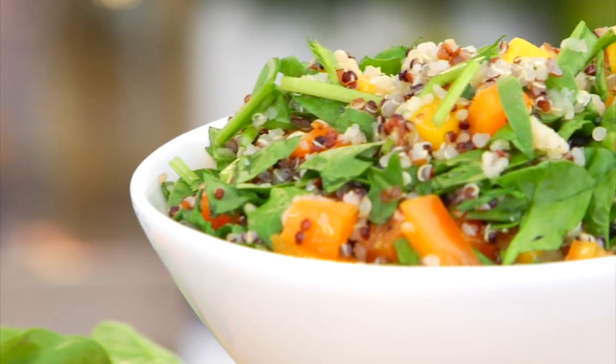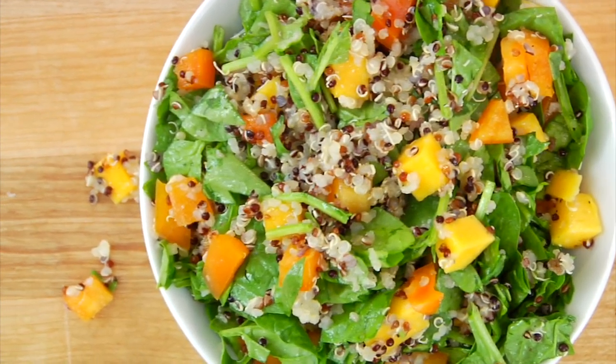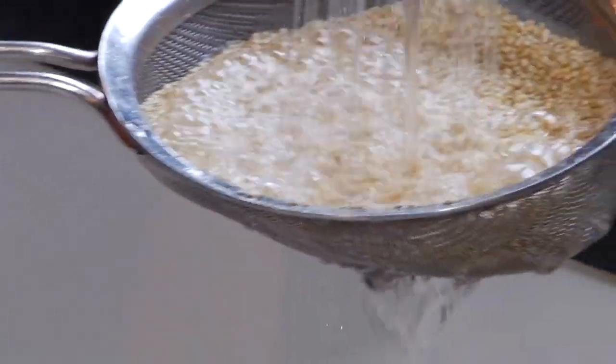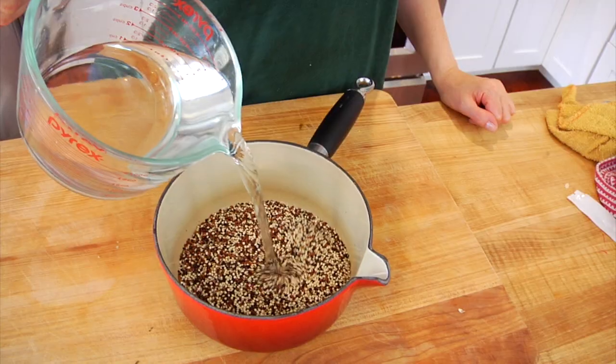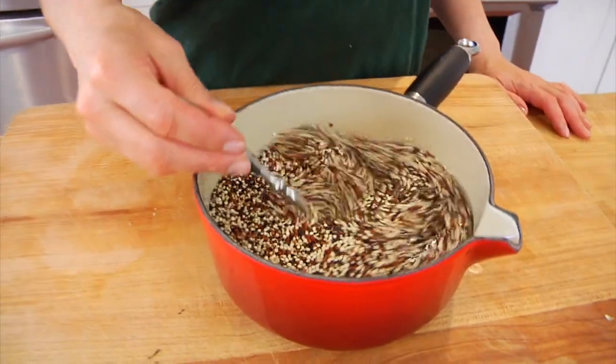For my second recipe, I'm doing my spinach, black bean, quinoa mango bowl. Now for this recipe, you're gonna need some cooked quinoa. So you can either do regular fresh quinoa, I give it a rinse under some cold water, and then when you cook quinoa, remember guys, it's 1 part quinoa to 2 parts water. So if you're using 1 cup of dried quinoa, you would add 2 cups of water,